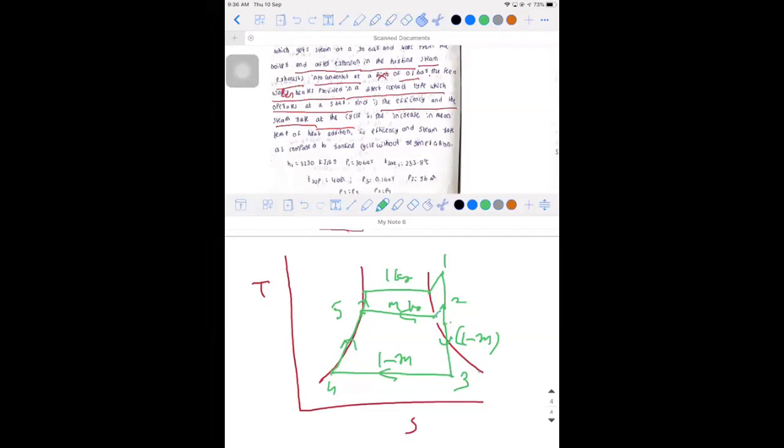Yes, sir. What does this mean? This equals the drop in sensible heat. This is what I get. This is going to be our TS diagram. And now we'll start working on our actual problem.